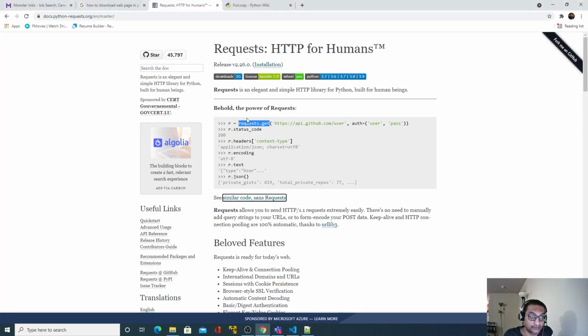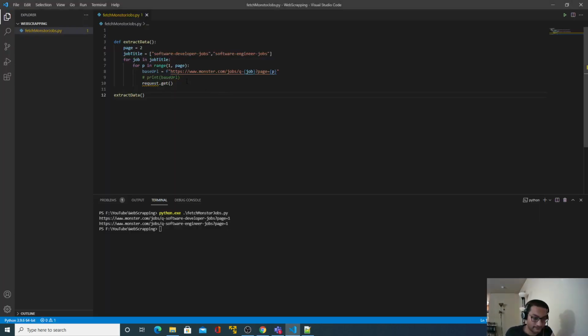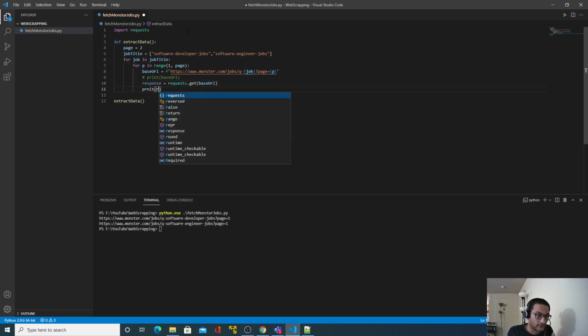So I will go back and import requests. Now that error will disappear and I will use base URL here. All right, and it will return me a response. So I will use a variable response, and let's print response for the time being.